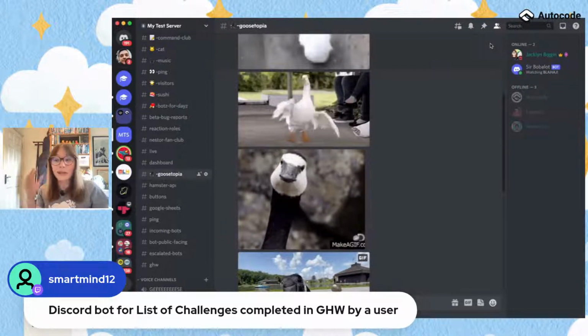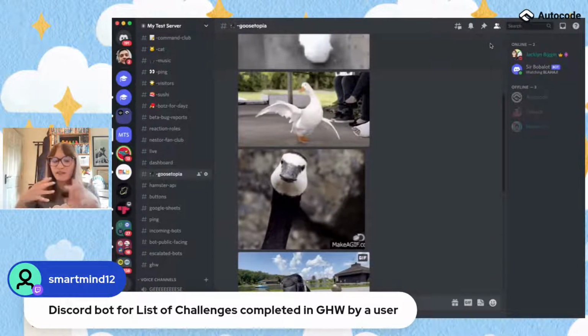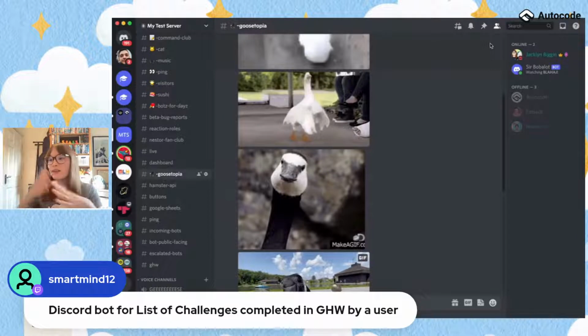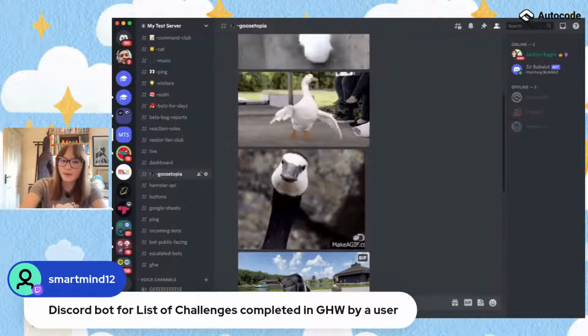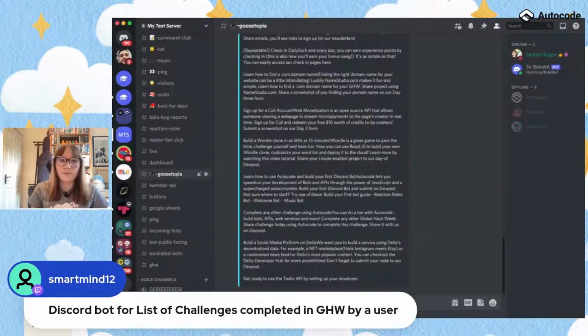So if you are building something and you don't have access to the data, it's going to be pretty difficult to build it. And I think this is probably, Smart Mind, one of those cases where you don't have access to the data. It's very easy to make it so we can get a list of challenges for the day using exclamation mark challenges, because that's public. It's not per user. It's not behind a login screen or anything like that. It's very easy to scrape, but we can't really scrape everyone's emails, because we don't have access to everyone's emails, right? To see which ones they have completed.